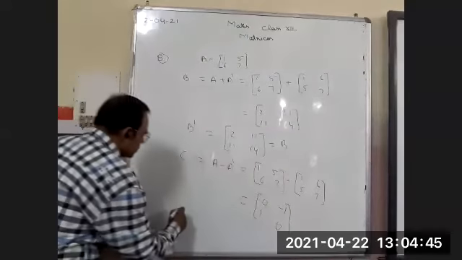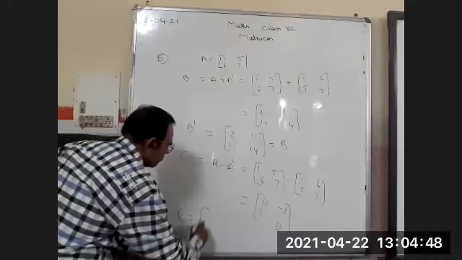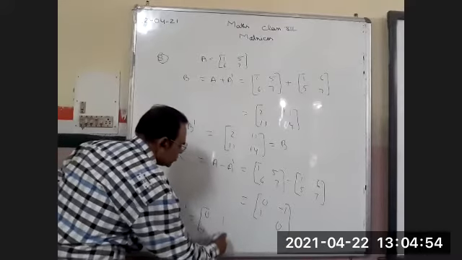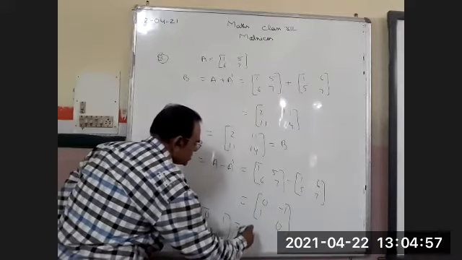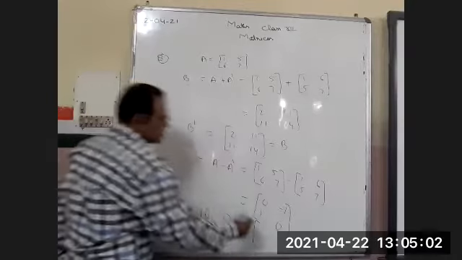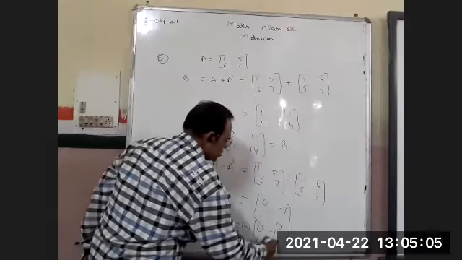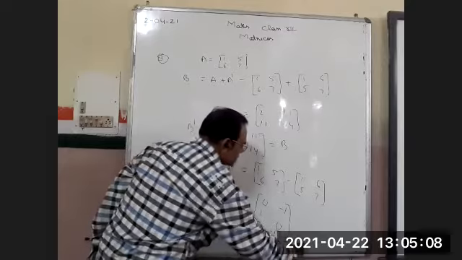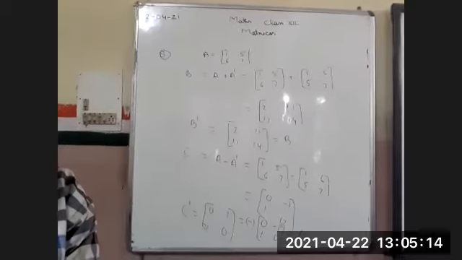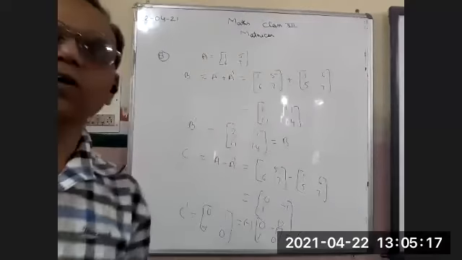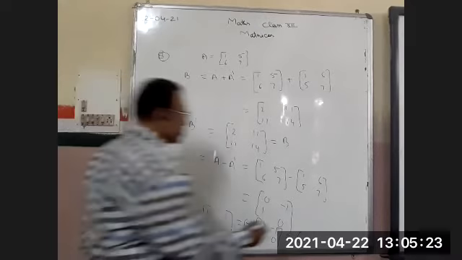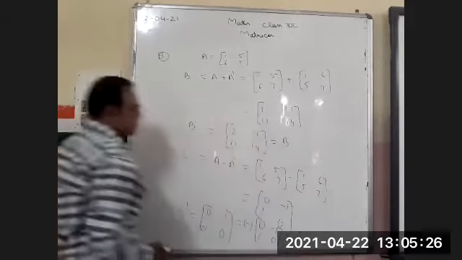Now we do the transpose of this matrix C, which is equal to [0 -1; 1 0]. You can take minus common. If you take minus 1 common, you will get the same matrix, that is [0 -1; 1 0], which is equal to matrix C. Okay, so here we have calculated that it is equal to transpose of C, that is, C is a matrix A minus A dash, which is equal to minus C. So it is a skew symmetric matrix.